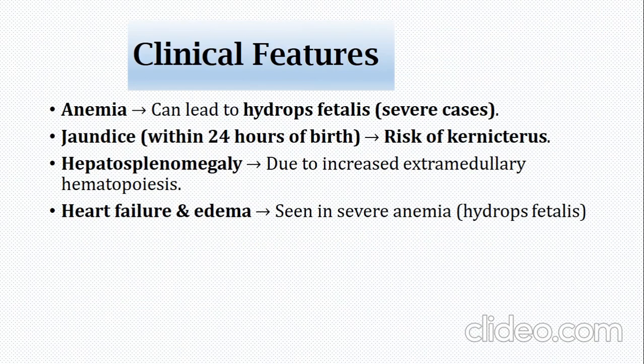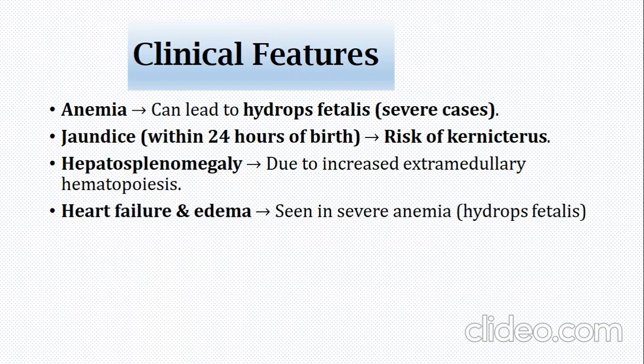About the clinical features of hemolytic disease of the newborn, you can see fetal anemia. This anemia, of course, results from hemolysis of red blood cells, which can also lead to Erythroblastosis Fetalis, especially in severe cases. And within 24 hours of birth, the baby can develop jaundice, which is the accumulation of bilirubin levels